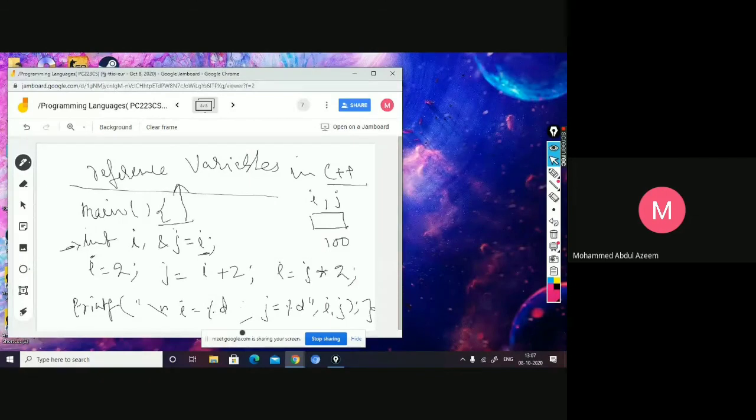You can understand that when you say I equal to 2, it goes in this memory only, because I is referring to this memory. So the value 2 will be placed. The next statement is J equal to I plus 2. The value of I is 2, so 2 plus 2 will be placed in J. J is also referring to the same memory, so this will be replaced with 4.